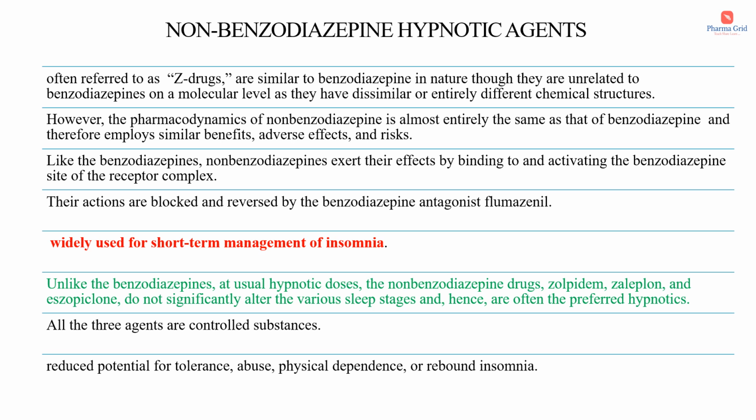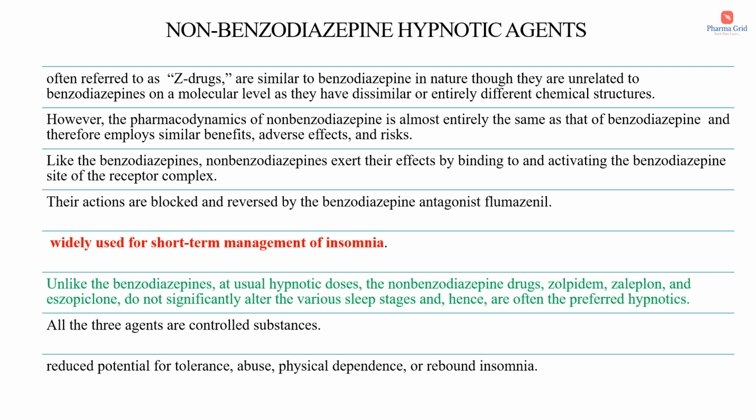Mainly includes these Z-drugs. Okay, they are often referred to as Z-drugs, are similar to benzodiazepines in nature, though they are unrelated to benzodiazepines on a molecular level as they have dissimilar or entirely different chemical structures. However, the pharmacodynamics of non-benzodiazepines is almost entirely the same as that of benzodiazepines and therefore employs similar benefits, adverse